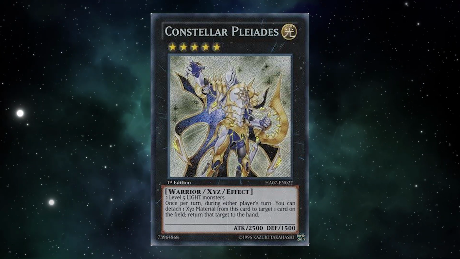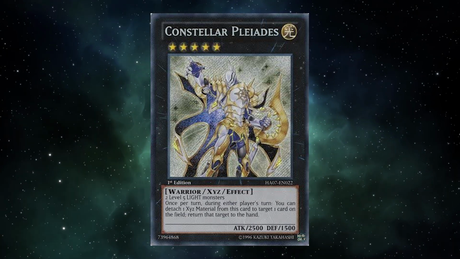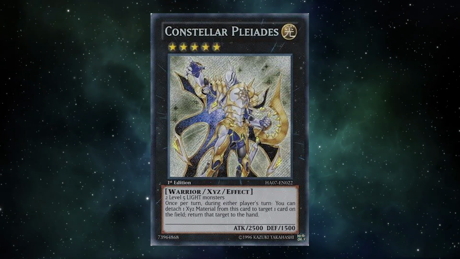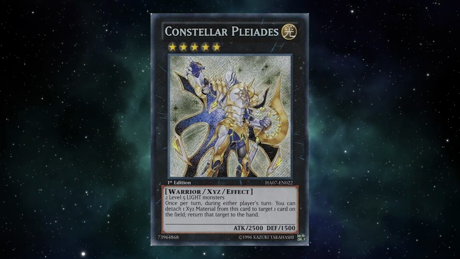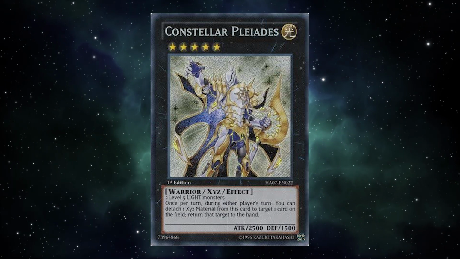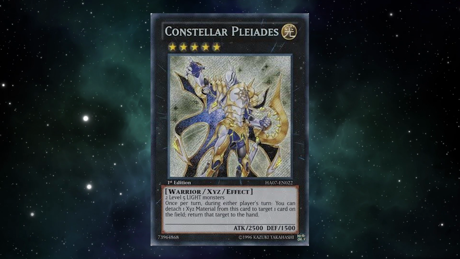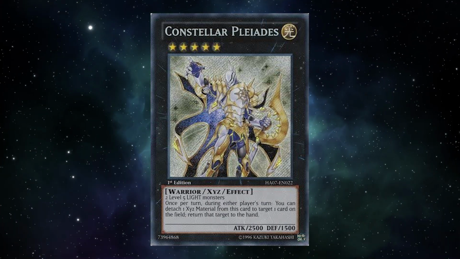And then there's using it to bounce your own cards as well, since it doesn't specify opponents. Common play in Constellar decks was if the opponent, say, used a dark hole, or even just didn't make a play on their own turn worth interrupting, you could bounce your own Tenki and then use it again on your turn. It's a very strong effect, and these factors have meant that it's seen play in just about every deck